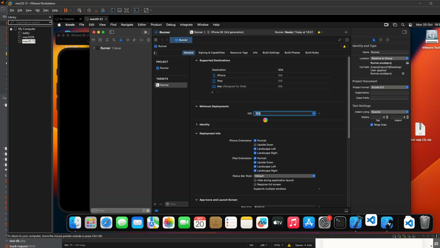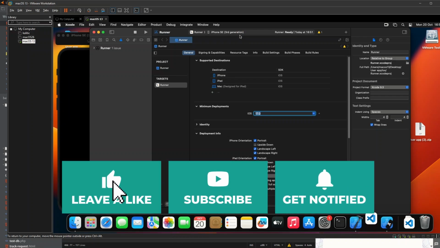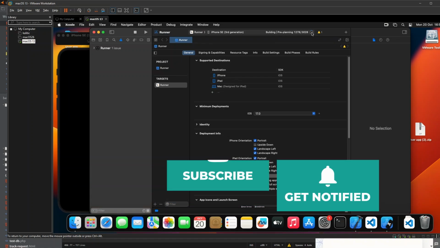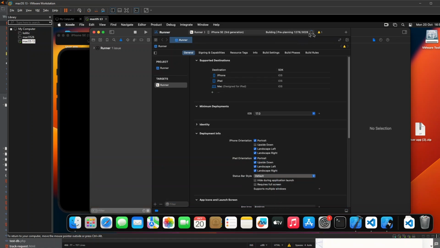Let's wait and see if we're going to get the same error. Okay, now it's working. All right. Okay, so now it's working. As you can see, it's trying to build the app right here. And yeah,